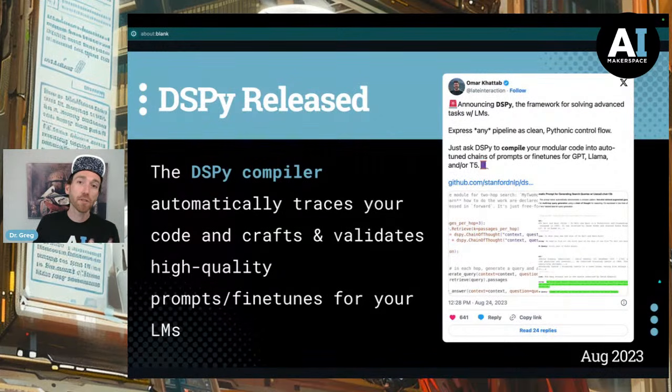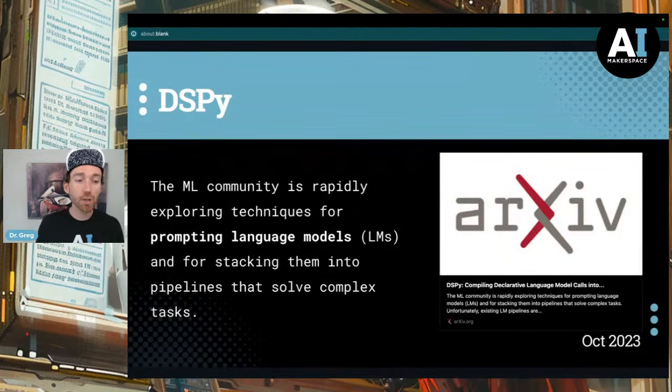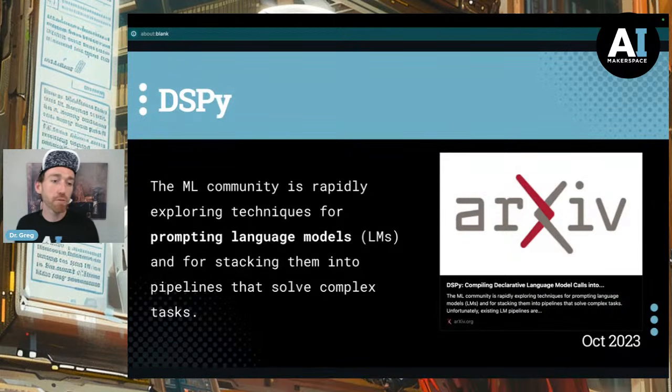Shortly after this Twitter thread came out, predictably, we see a paper on arXiv in October. And the idea here was that this paper was really sort of setting the tone for what we all probably started hearing about DSPy as. And this paper was entitled Compiling Declarative Language Model Calls into Self-Improving Pipelines. And the whole idea was that